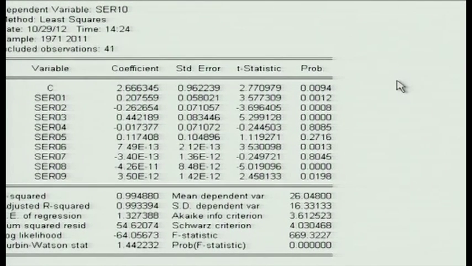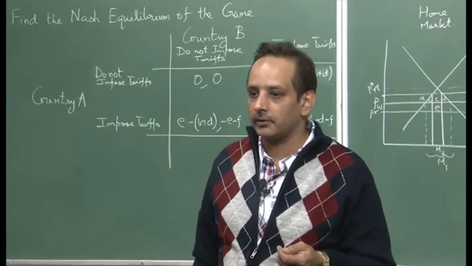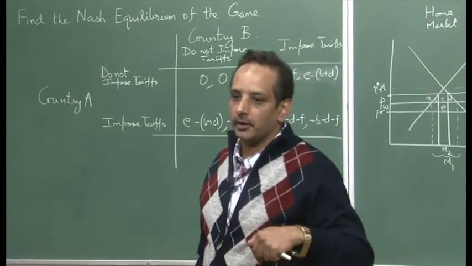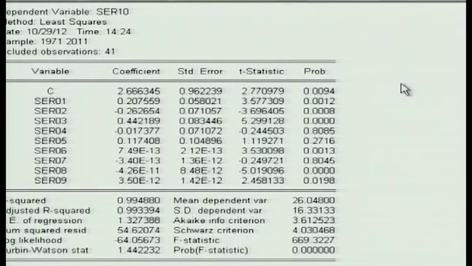The money supply in the foreign country does not have a significant impact, but 8 is the GDP of our country. Now, see it comes with a negative sign because remember higher the GDP, larger is the demand for money, more is the savings, lesser is the demand for goods and securities. There will be a balance of payment surplus leading to appreciation of Indian rupee or a depreciation of the US dollar. That is why you see a negative sign at SER 08. And then even GDP of the foreign country has an impact on the rupee, US dollar rupee exchange rates.